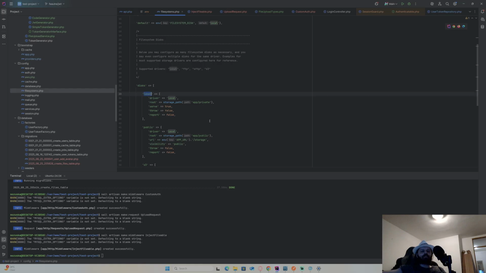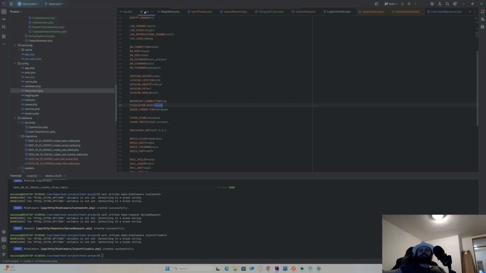So if I just, using Laravel's internal logic, switch this to S3, everything will shift to S3. If I leave this, it will be local, right? So this is the desired approach. With one shift of one parameter, you shift basically the entire architecture or logic beneath it.